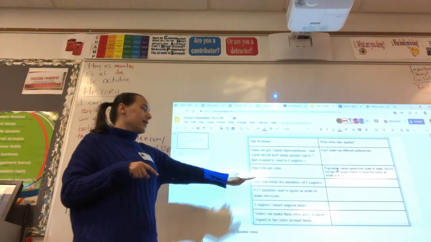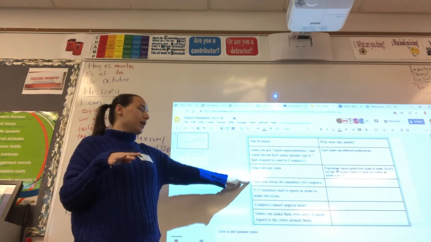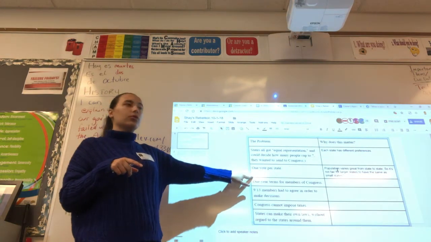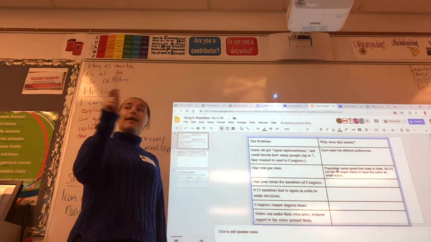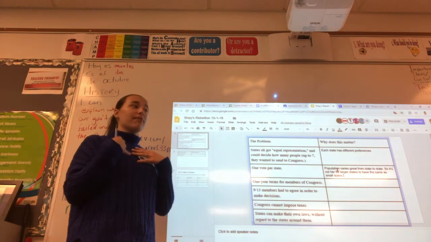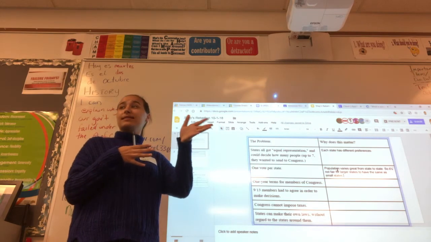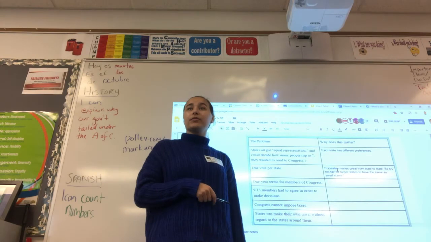1 year terms. You guys have the 3 to 6 alternating, that's what it originally said. But really what it meant was their terms were really short. So why is this a problem? If you know that only one person is going to be doing a job for 1 year, let's say your boss comes to you and says, hey, you can do this job for a year, but I'm going to fire you afterwards.